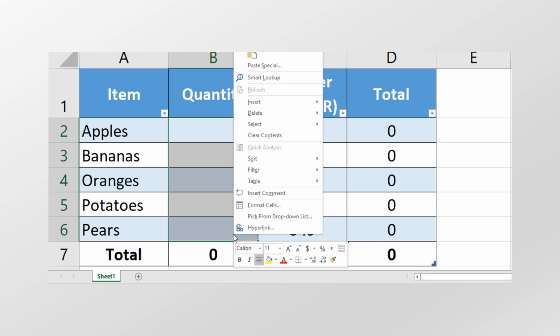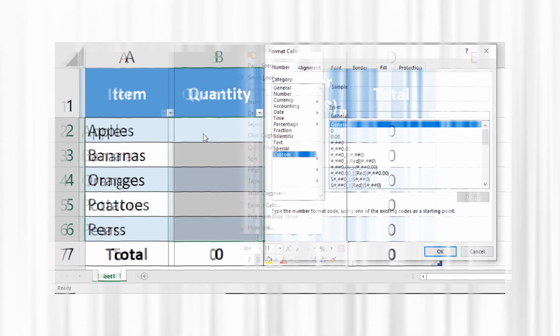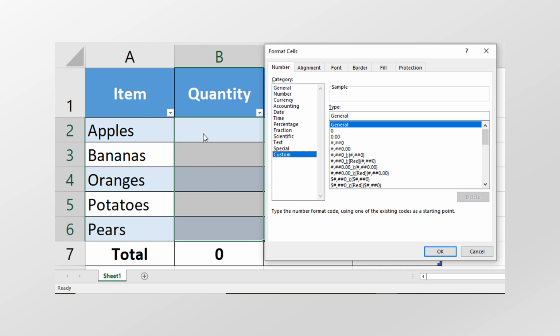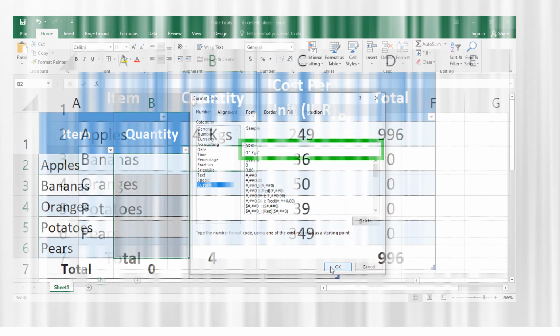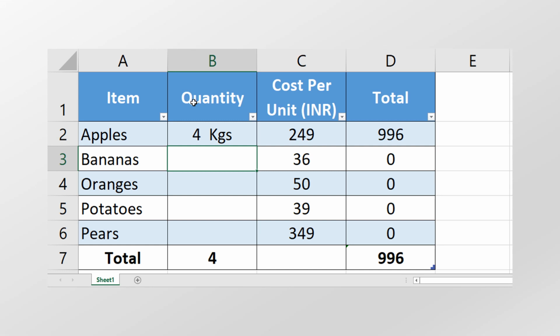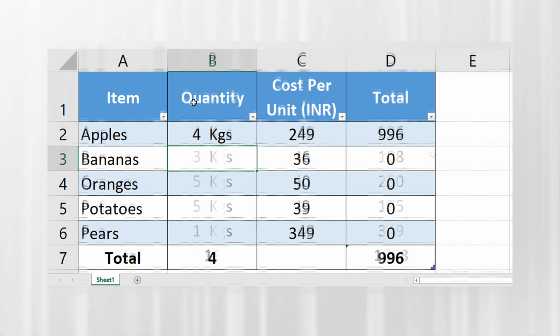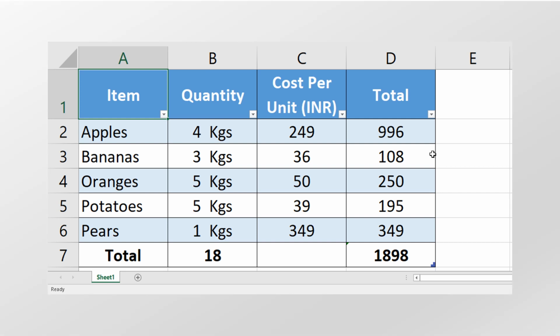Copy these values and format your actual cell. When you click on the Format Cells, Excel pops up another window where you find Custom. As you click on it, another window pops up which asks you to provide the type. Give 0 space, quotes open space, and the text you wanted to be displayed, in our case kgs, and click on OK button. As soon as you change the format of the cells, provide just the numeric value of the quantity. It automatically gives you the text kgs you wanted to be displayed on the cells.